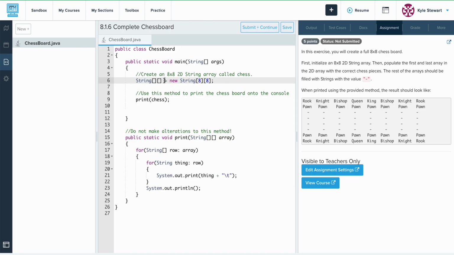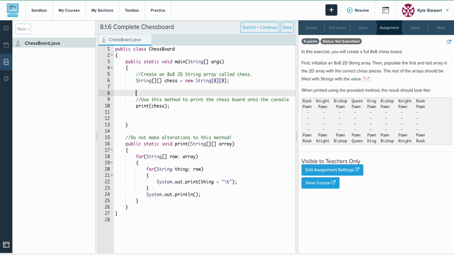Oh, I didn't specify a name, so we've got to call this something. So we're going to call it chess. And then it's going to get printed down there. Easy enough. So now we have to actually go through and populate this thing. So we can do this manually. We can say that row 0 of our chess array is going to be